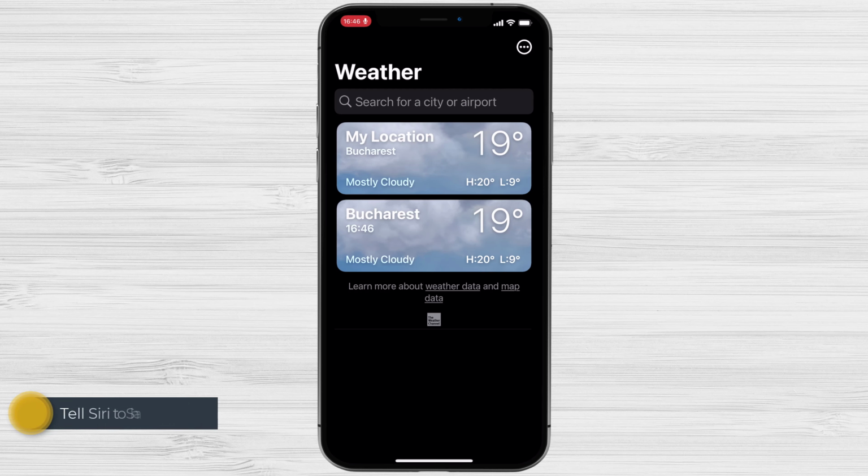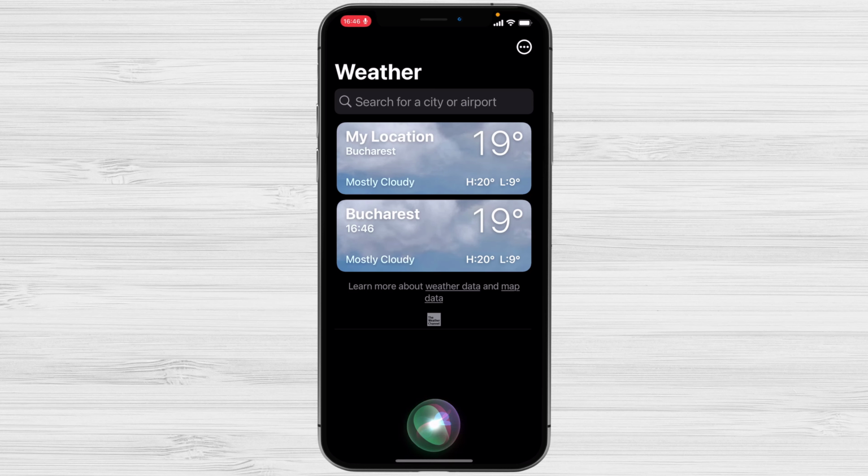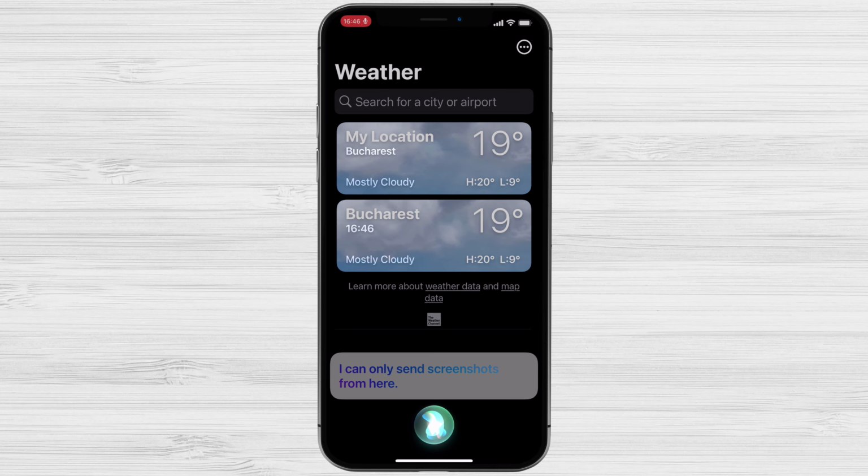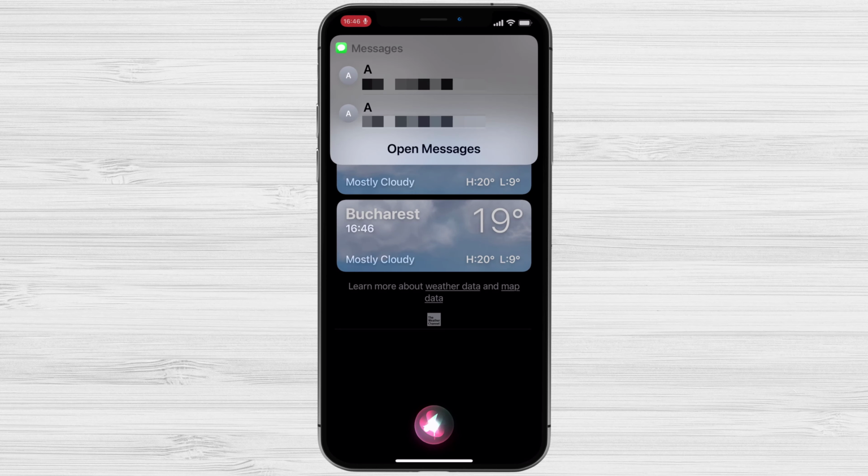How to tell Siri to share what's on your screen. For most applications, such as Safari and Photos, all you have to do is activate Siri and say, "Send this to someone," where someone is a contact. Siri will create a new iMessage for that contact and respond by attaching a URL or photo to the recipient. This is a great help that allows for more hands-free action when using the device.